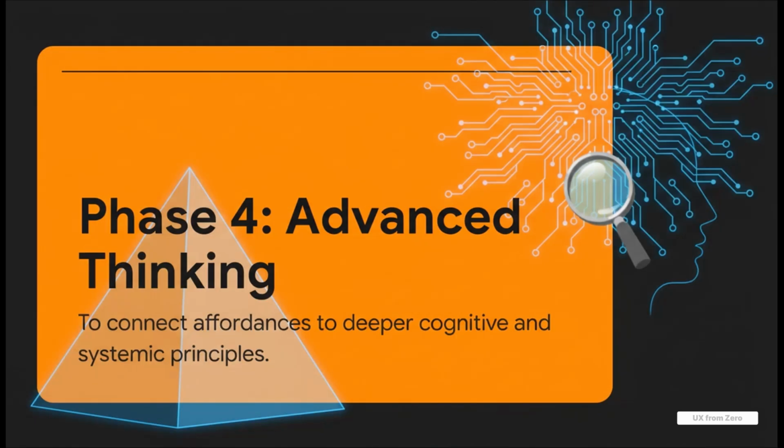And finally, we get to the top of the pyramid. Phase 4. This is where we zoom out from a single button to the entire system. It's about connecting